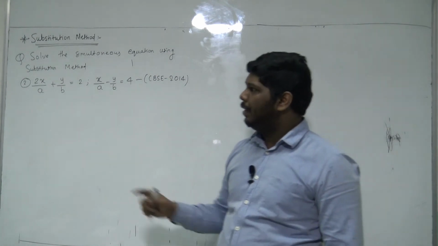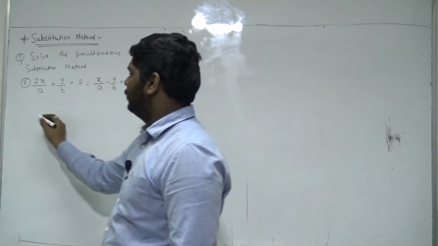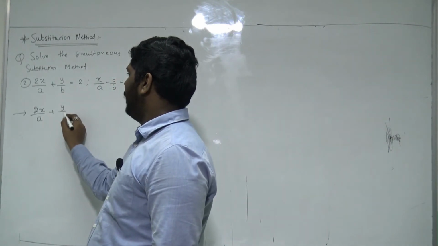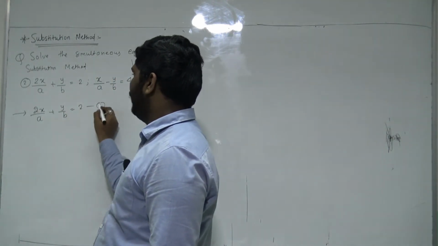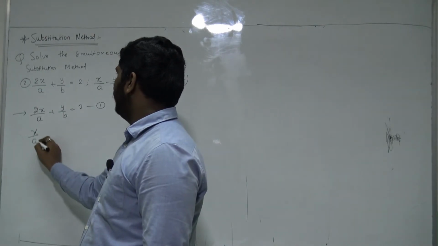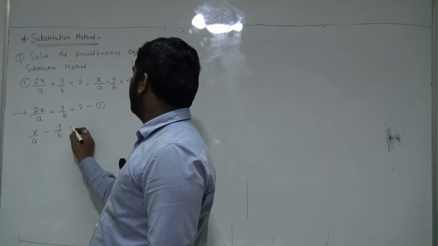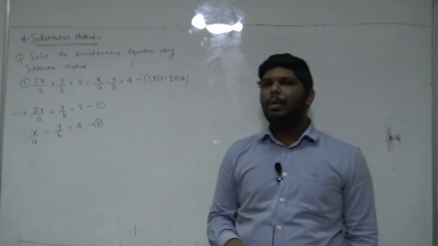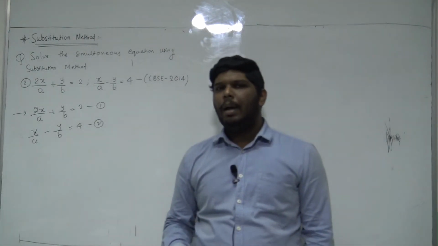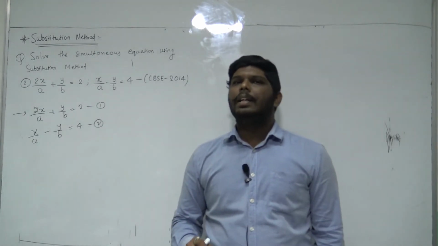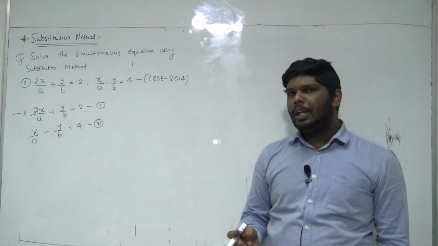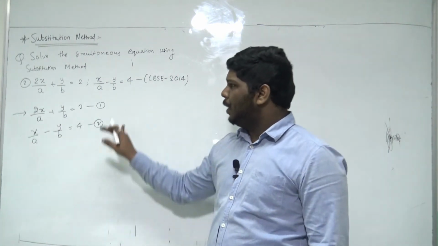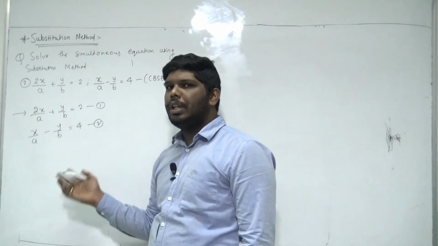So what is step 1? First number this equation 1 and 2, correct? So this will give you 2x by a plus y by b is equal to 2, equation number 1, and second will be x by a minus y by b is equal to 4, equation number 2. Now here if you see, both the equations are little tough to solve. Okay, but our objective remains same. Select any one equation and in that either you write x in terms of y or y in terms of x. Okay, so here let us say we are taking equation number 2.